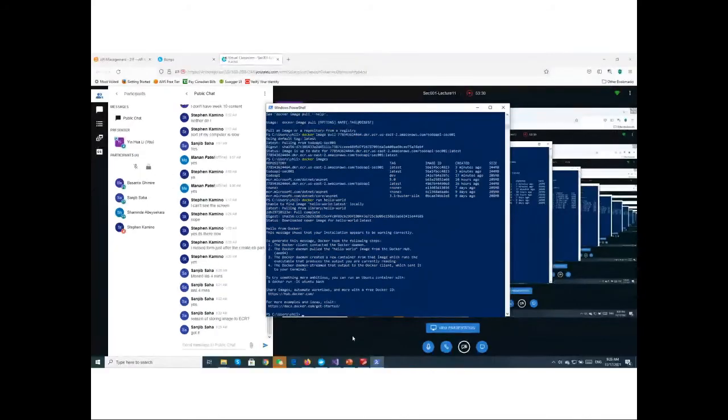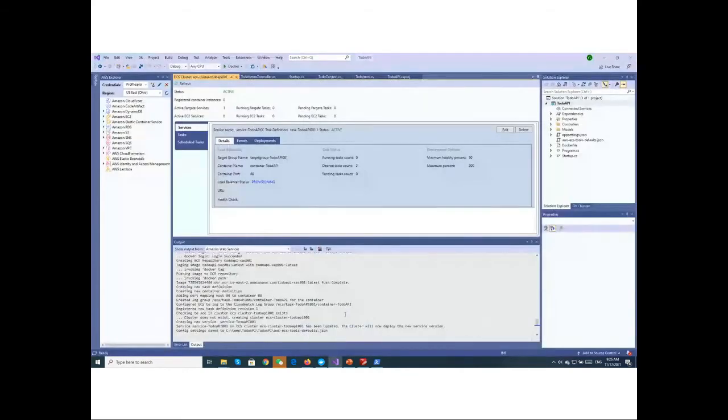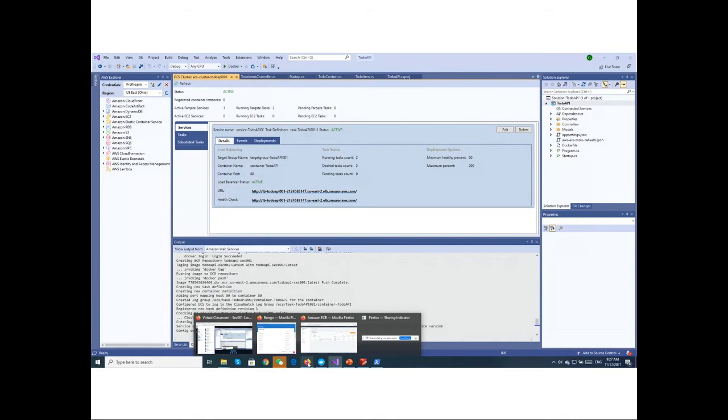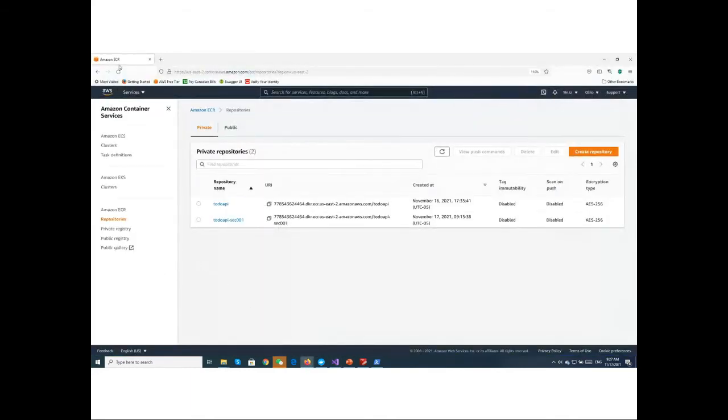Okay, so these are the steps you need to do for your group-based project. And let me just refresh it and see. Yes, this one has already been done. So now I can see here is the URL. And where are we able to find this URL also? If we just go to your